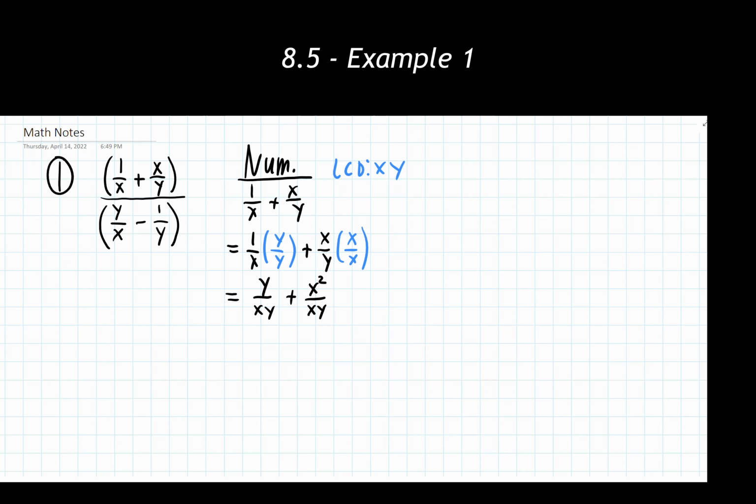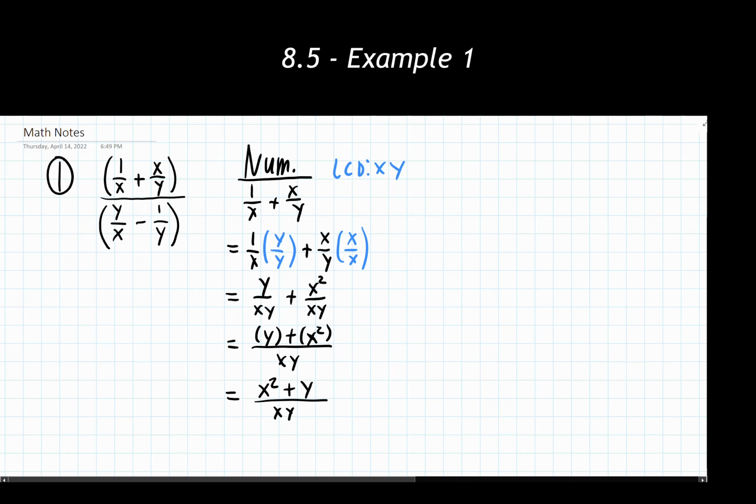I then write everything together as a single fraction, each numerator written inside a set of parentheses all over the denominator. I now look to see, can I combine any like terms in the numerator spot? No, I can't, which is fine. So I can just rewrite my numerator without parentheses, and that's as much as I can do with the numerator now.